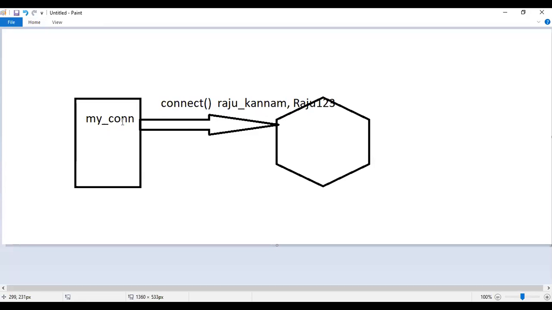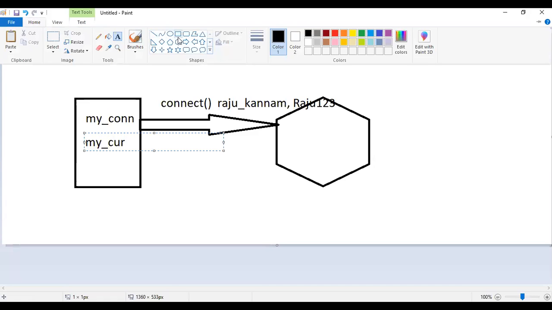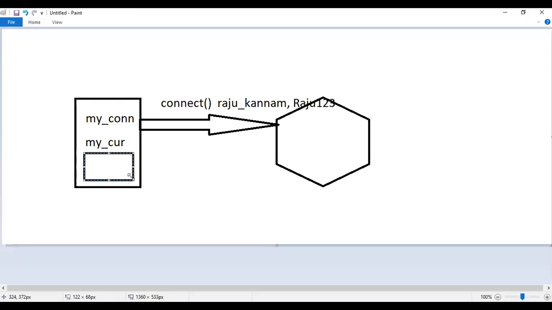Once the connection is created, we have to create the cursor. So your cursor is my underscore cursor. What is the use of this cursor? This cursor will create the platform to execute your queries.